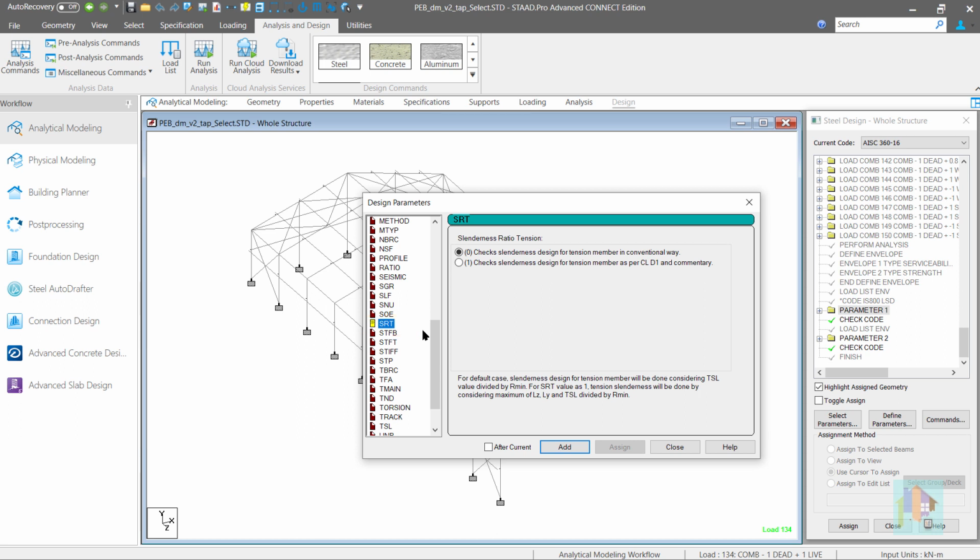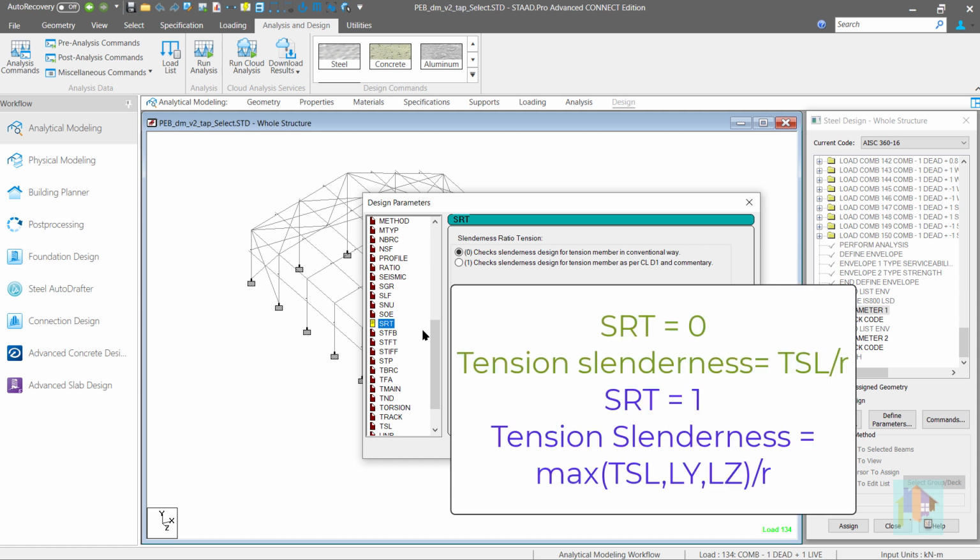By default, slenderness ratio for tension load is calculated considering the TSL value, but if SRT is specified as 1, then as per clause D1 and commentary of AISC 360-16 code, the maximum length among LY, LZ and TSL is